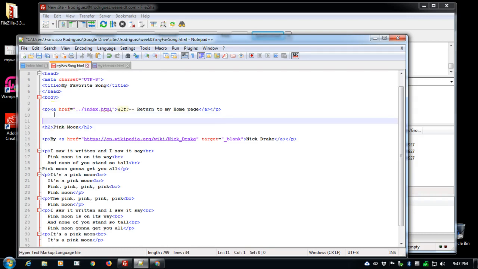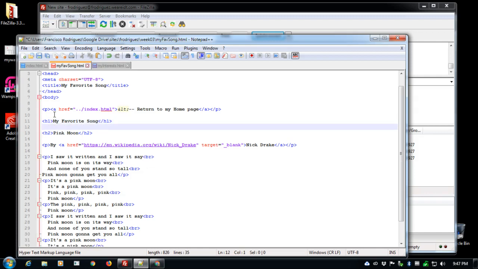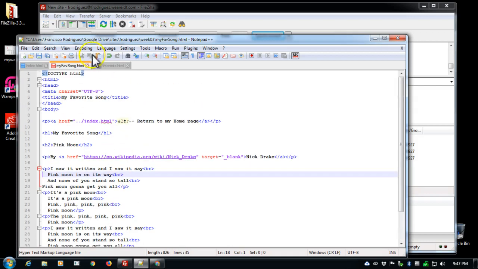So this will be H1, my favorite song. And close it. And close the heading. So there's Pink Moon, my favorite song, etc. And this should be ready to save. Let me file and save.